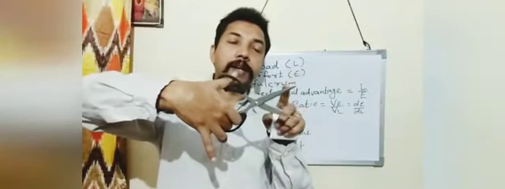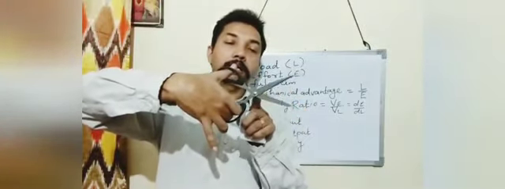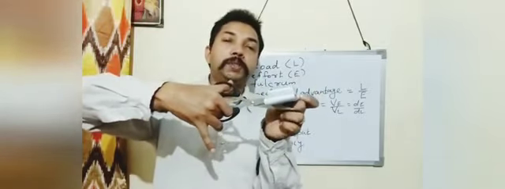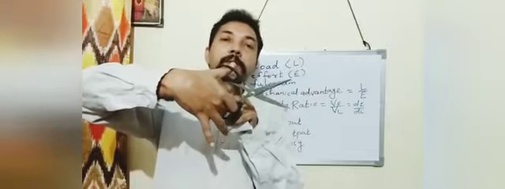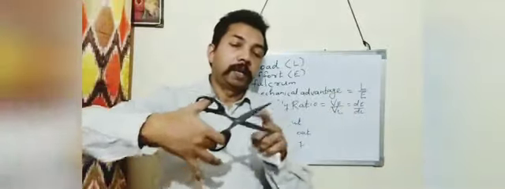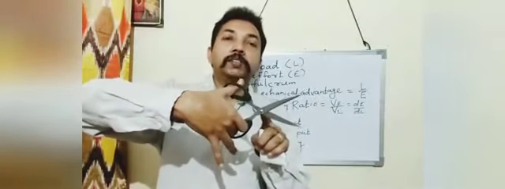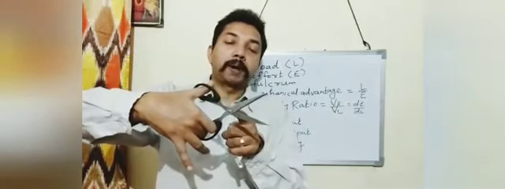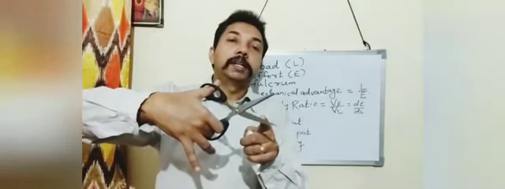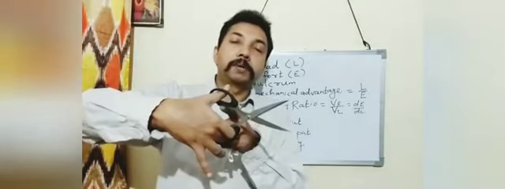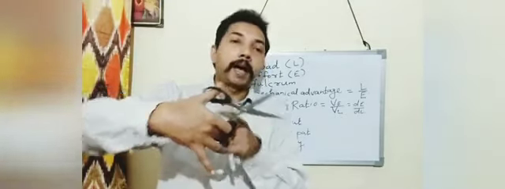So these are the three terms: load, fulcrum and effort. Load is the resistive force which is to be overcome. Effort is the force which is applied on the machine to overcome the load. And turning point is called fulcrum. The distance from fulcrum to load is called load arm. And the distance from fulcrum to effort is called effort arm.